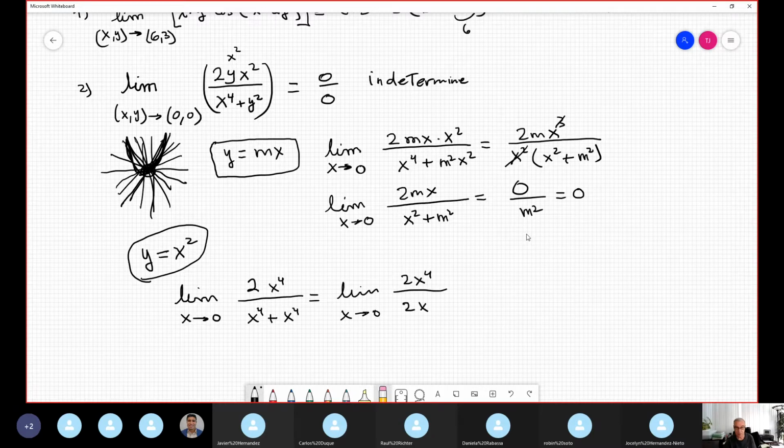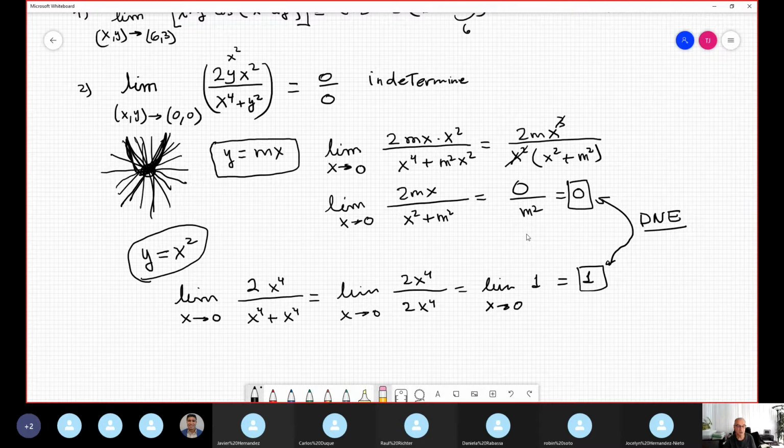Exactly, say 2x to the 4th power. And the limit is one, which is obviously a constant, it's 1. And 1 is totally different to 0. Okay, so what is the fantastic conclusion? This limit I prove does not exist, because when you approach it along the parabola at the origin, we